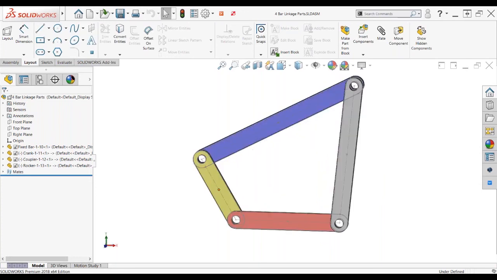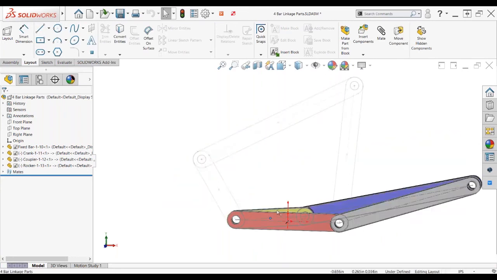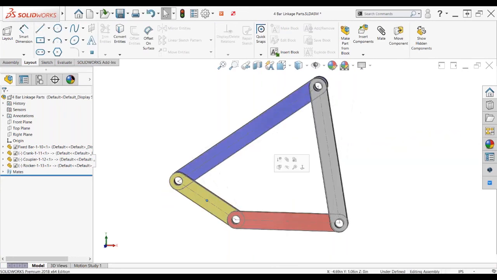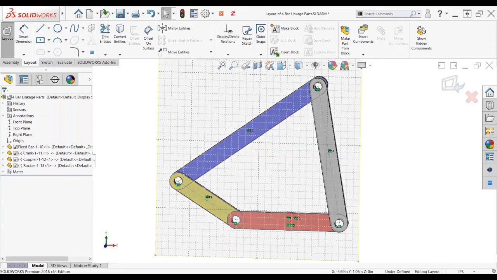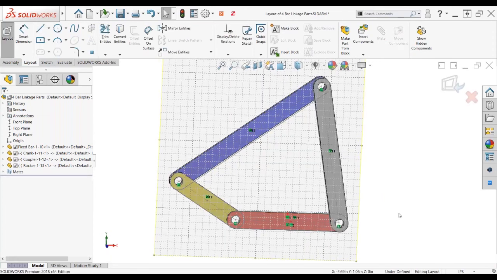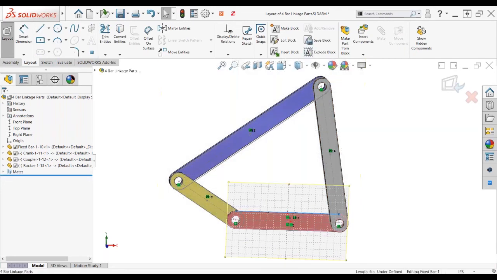So I can move them around again and see my motion in all its glory. This is also really convenient because all of these parts are dependent on geometry and location based on these sketch blocks. So if I make a change to the sketch block,